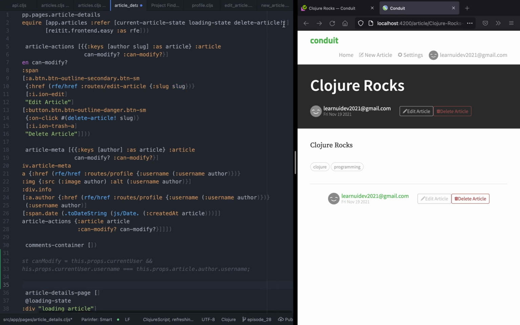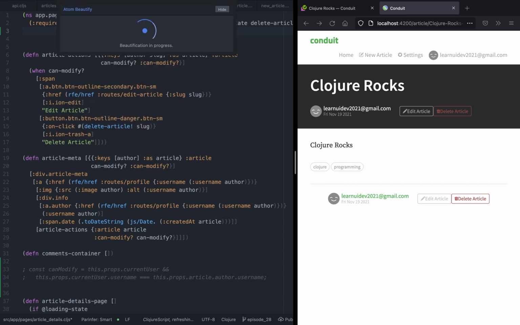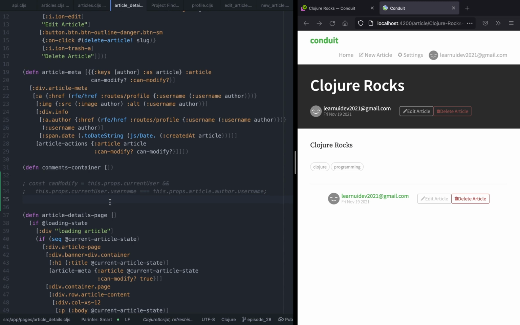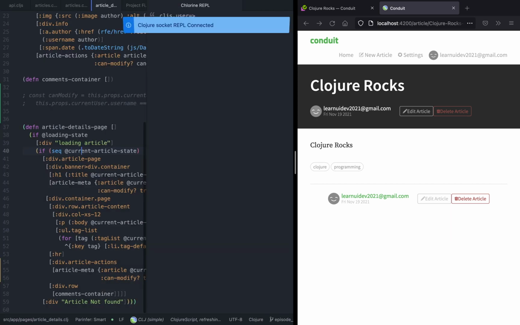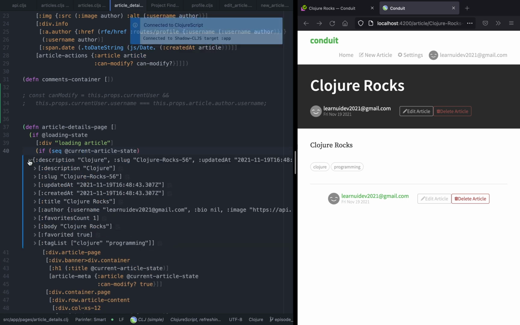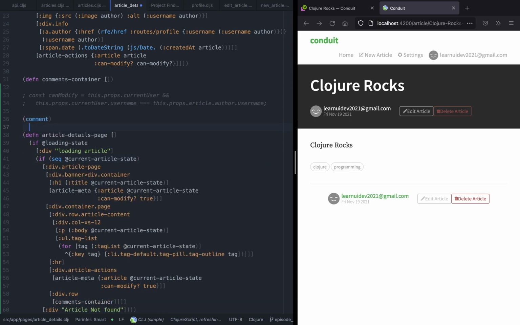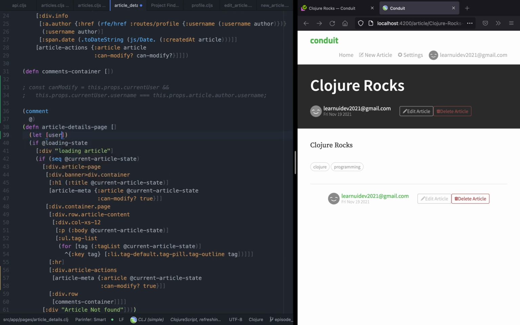So right below the article, we're going to say app auth as auth, and we're going to create a local variable called is current user. But before that, let's connect to the REPL so that we can invoke the code from our IDE. So what we need to do is, if the author is equal to the current user, then we can modify. So we'll say if can modify is equal to,